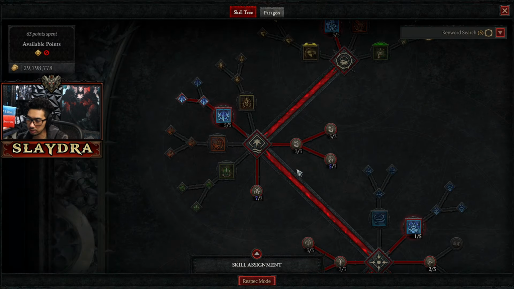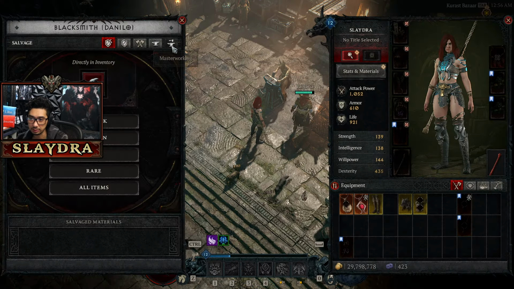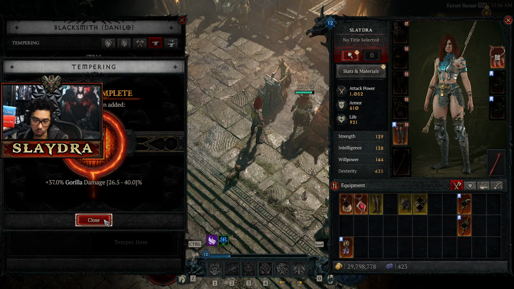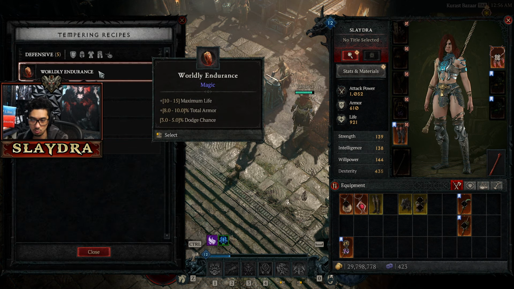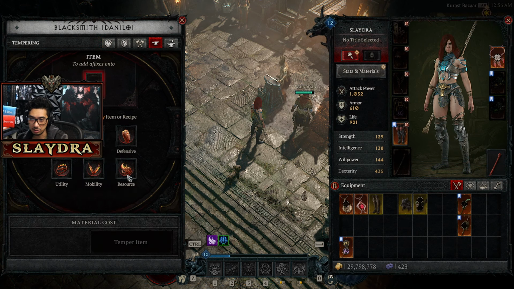Which one is Bastion? When we have Thorns. Oh, okay. No, we don't really want that one. Just want Gorilla damage. Okay, cool. That works. And then we can also throw on a defensive one. As much as I like movement speed, I think we should probably just get armor. I mean, actually, there's not really a bad stat. Oh, we're actually maxed out on that. We cannot. Unless we...